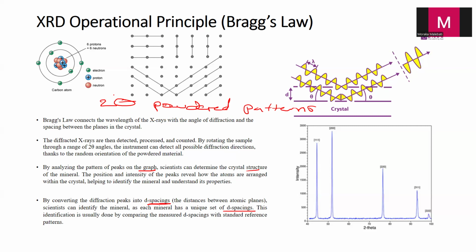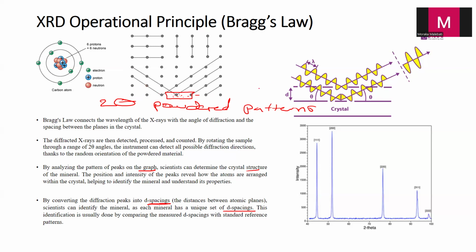As the X-rays interact with this sample, remember, it has tiny crystals that are oriented randomly, the X-ray beam interacts with these tiny crystals and they produce a diffraction pattern